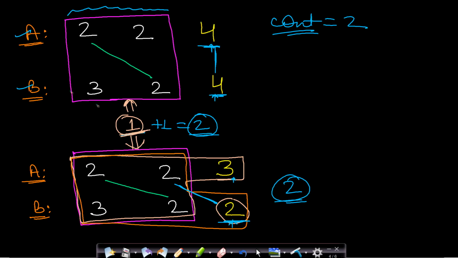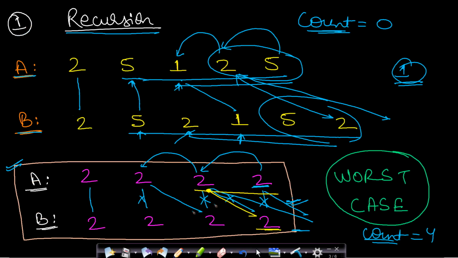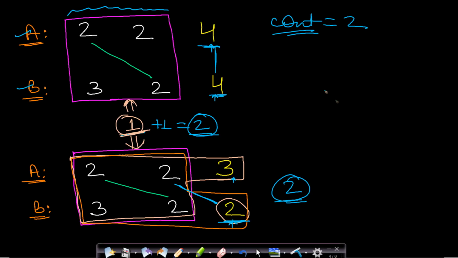Now what property is this? Actually you can see that we are solving a smaller subproblem and then adding new elements in order to solve a larger subproblem. So this we can say is an optimal substructure property. We had already seen repeating subproblems, and this one is the optimal substructure property. Whenever both of these are true, we can apply a dynamic programming solution to such kinds of problems.